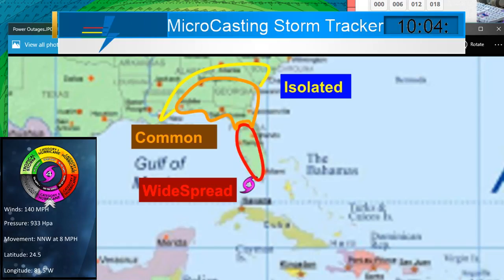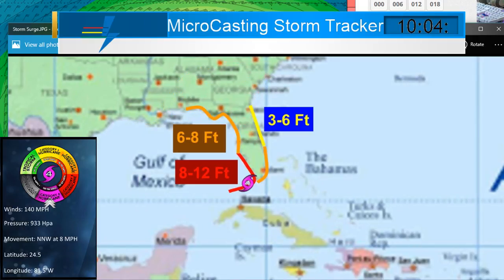It also goes into Georgia and Alabama and then South Carolina. More of Georgia, Alabama, Jacksonville, not Jacksonville, I'm sorry, Mississippi, and then Louisiana, all going to be getting impacts when it comes to power outages from this system. Getting into storm surge, this is going to be catastrophic storm surge that